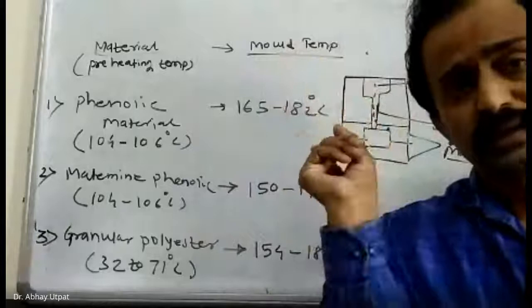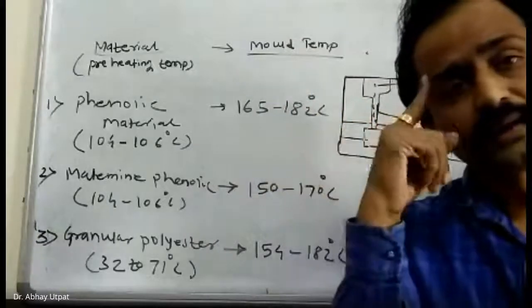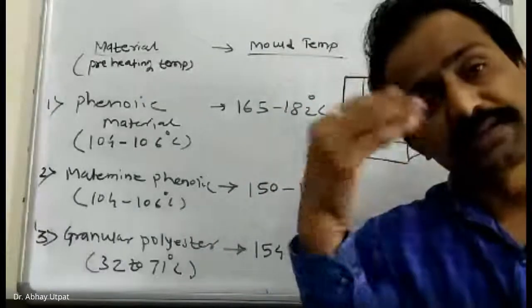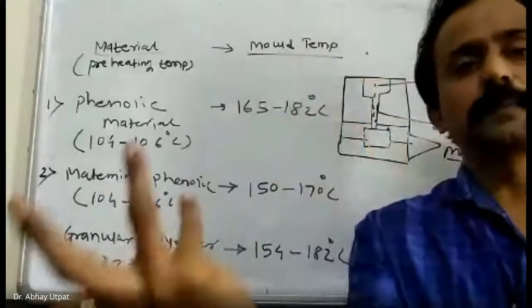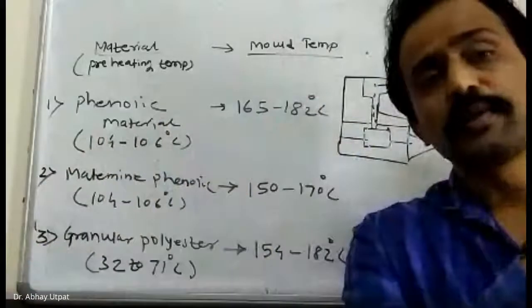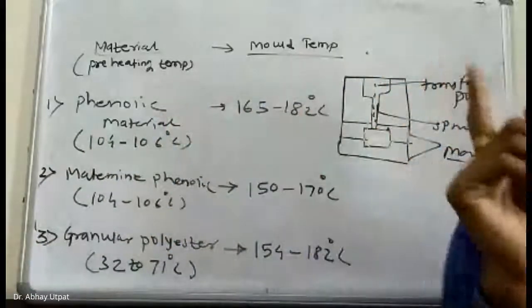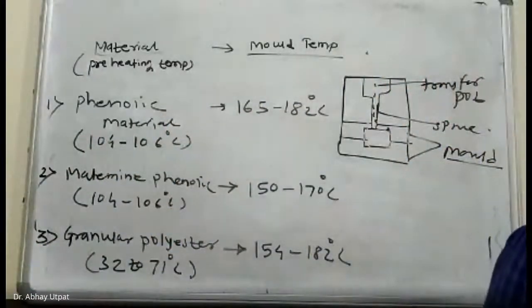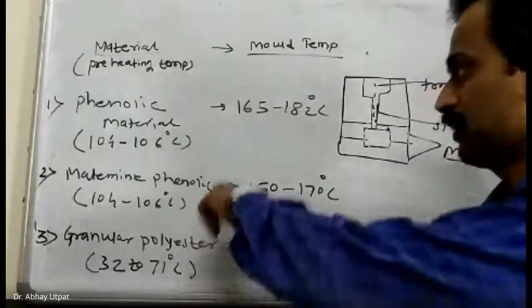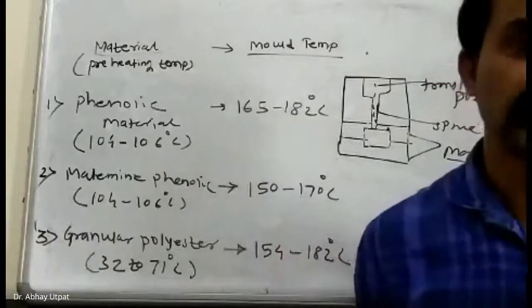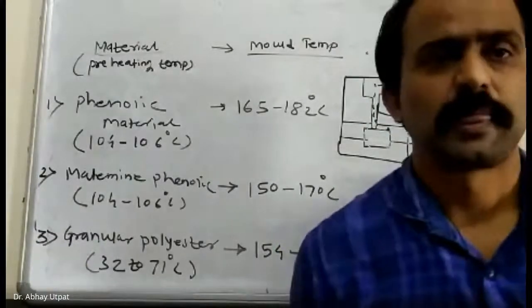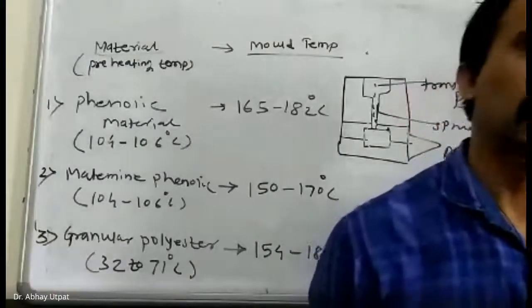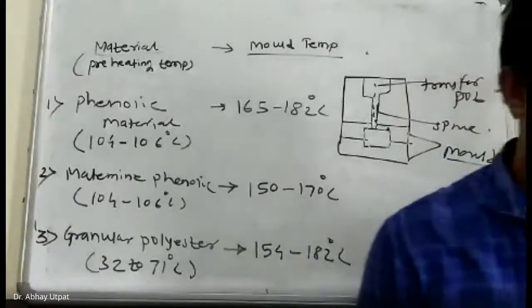Remember, you are going to use thermosetting material. Once it is heated, it becomes hard and set. And if scrap is produced, it will not be recyclable. Remember, scrap generation is more and it will not be recyclable. And the pressure you are using is generated by very high tonnage pressure machines. So very high compression pressure is required for pressing it.